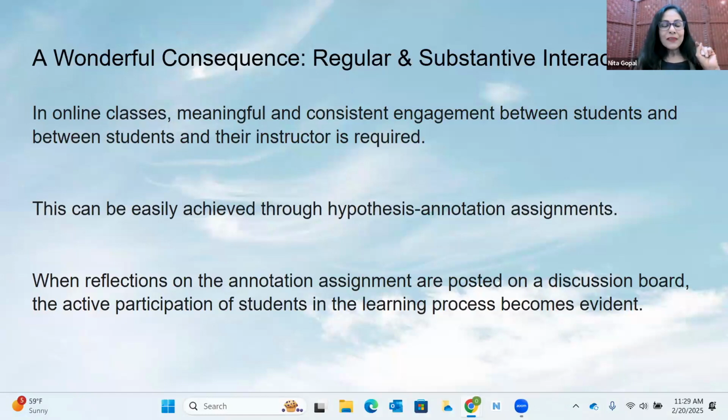So when evaluators come into the classes, they need to see evidence of this. This can be easily achieved through hypothesis annotation assignments. They can do their thing in hypothesis and then bring it into the LMS and be able to showcase all of that.